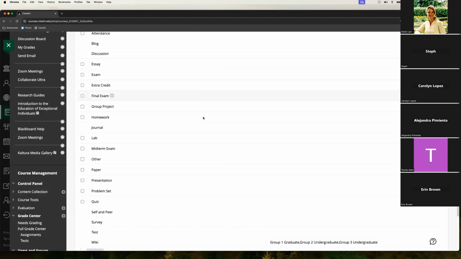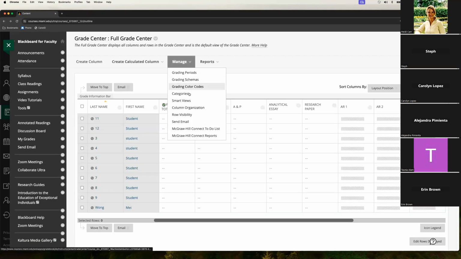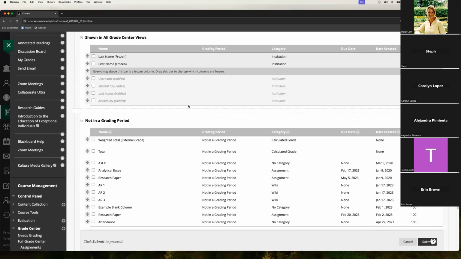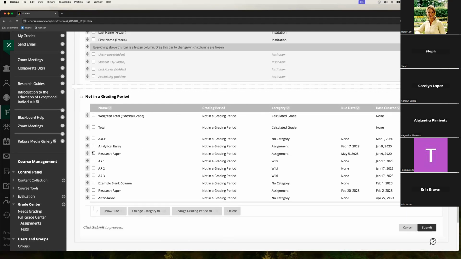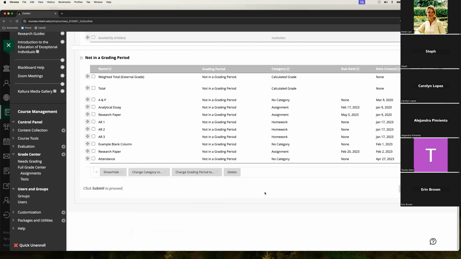You can click on it here, or I think an easier way to do it is if you go to manage, column organization, and then you select them here. You can change the category here to whatever you want it to be, homework, and then you click